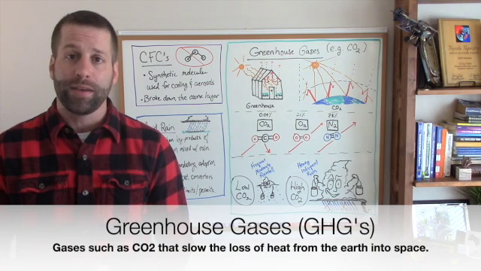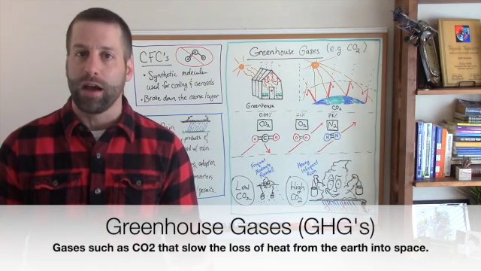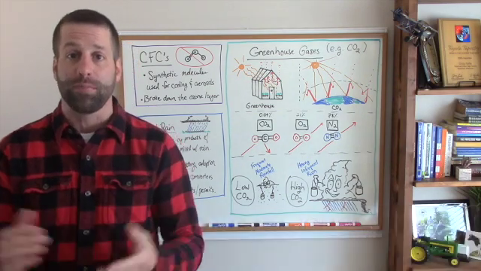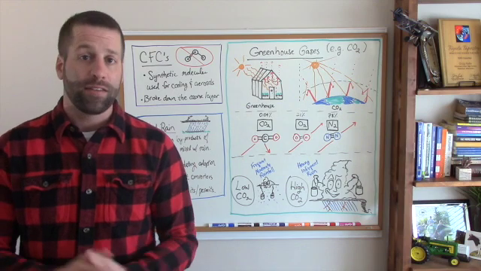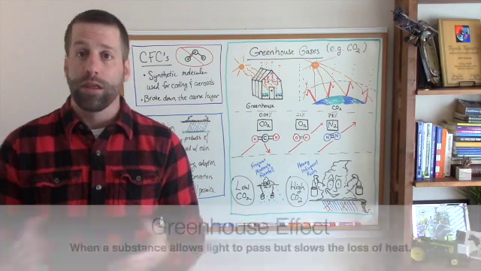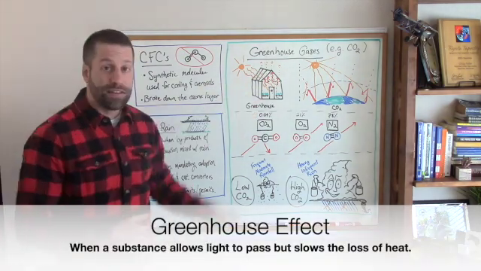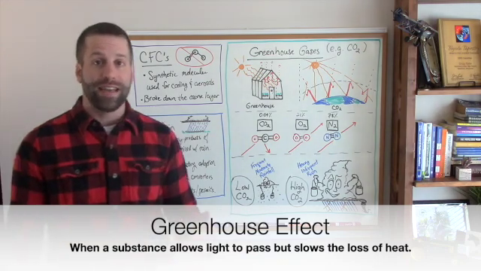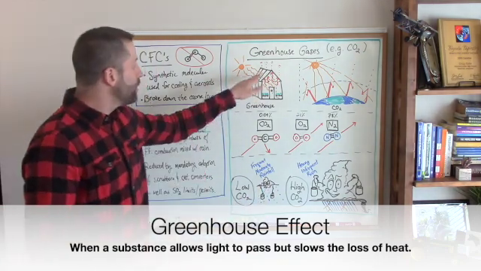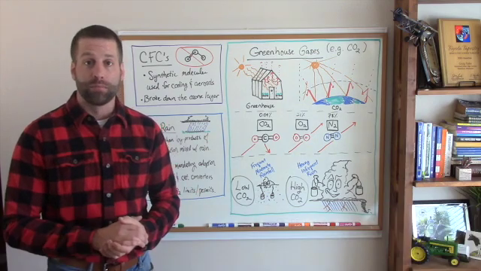Greenhouse gases like carbon dioxide and methane are gases that can interact with heat energy and slow the loss of heat from the surface of the Earth into space. Greenhouse gases are called this because their action is similar to that of a greenhouse. The way a greenhouse works is that the panels of a greenhouse allow light to enter it. When that light is translated into heat energy, it slows the loss of that heat energy. This allows the greenhouse to warm up.